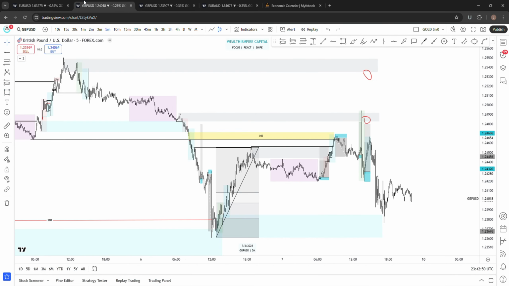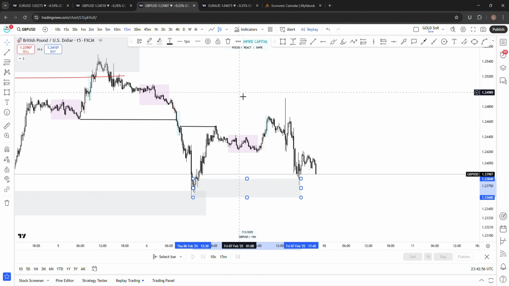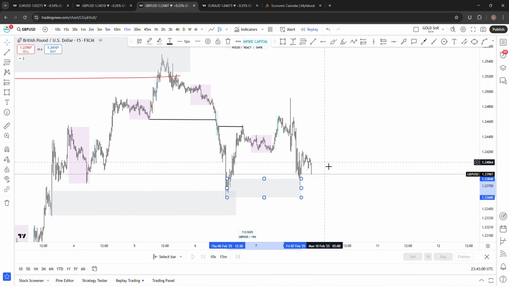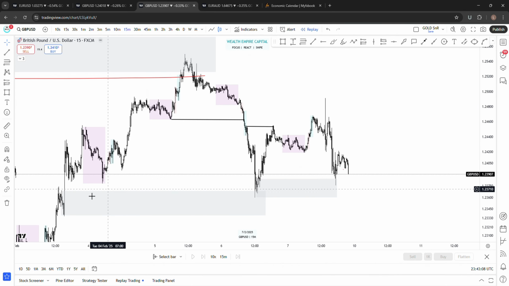If I take you to my current chart, you're going to see the same thing. This was the PUY that I was looking at. Once price has tapped in here, this is what I'm going to do. First things first, when the market opens on Sunday or Monday, when I come onto the chart, in as much as we are tapping into the first decisional PUY and we've tapped into the origin of this internal structure,